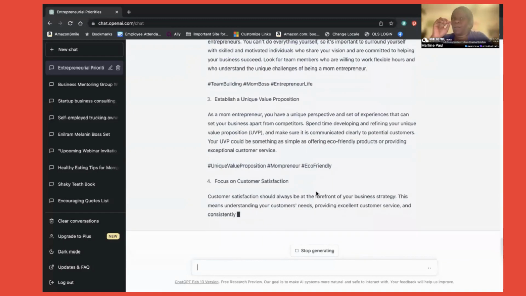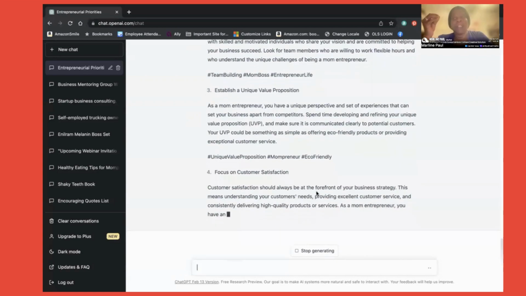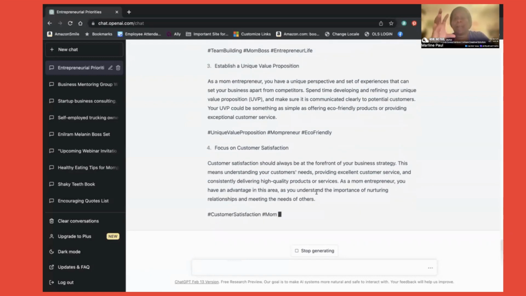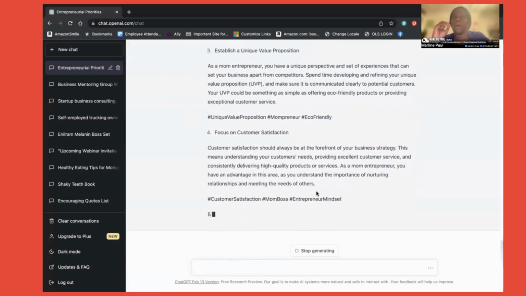Here are the hashtags I want to use, and put additional hashtags. So sometimes it's more my ideas that's in there. Here I just started off with just a random list, but you can be very specific. If you have a list of things that you want entrepreneurs to know, you can copy paste your list in there and put what you want to, and it will make it into a more succinct post.